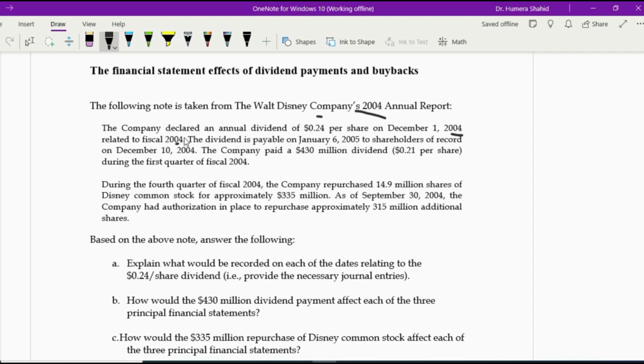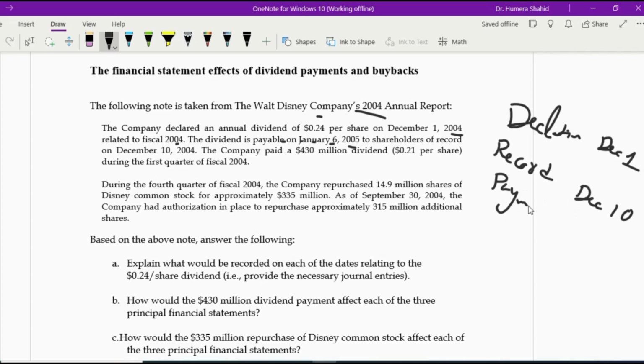They declared the dividend on December 1st, so this is the declaration date. The dividend is payable on January 6, 2005. So this will be the payment date, to the shareholders of record on December 10. So the record date is December 10. The declaration date is December 1, the record date is December 10, and the payment date is